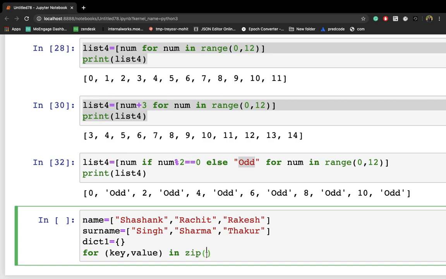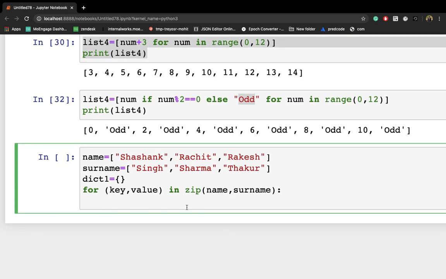If you didn't go through the lectures on built-in functions where I have explained them, you can check them out in my previous lectures. So name comma surname, I'm zipping these two lists. Let me put a colon here. That's how you can use a for loop.